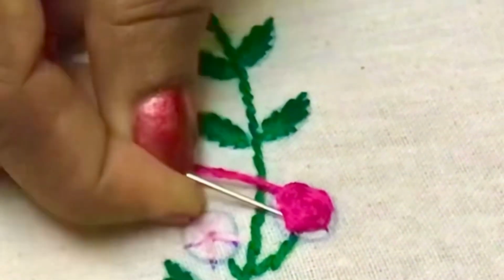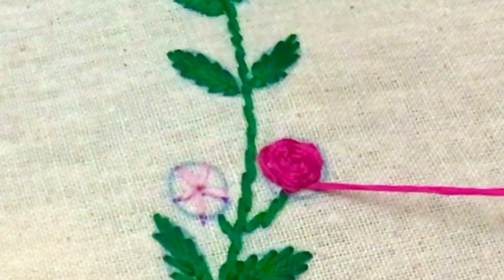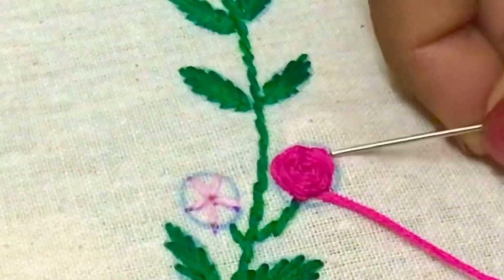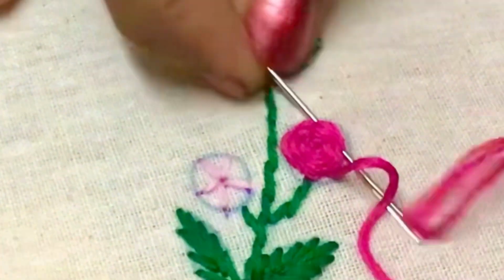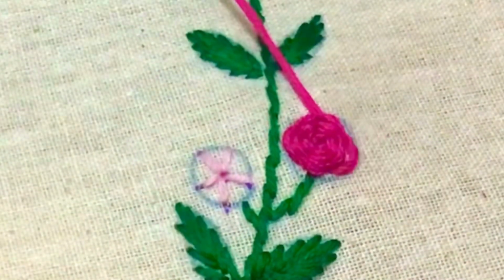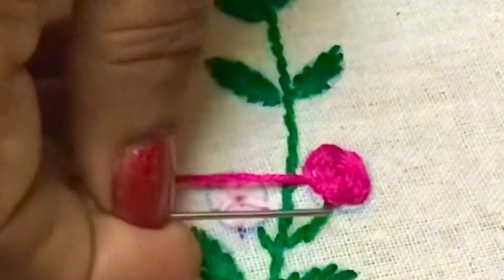You can stitch this and completely close to look like a rose flower. See here, once again I am passing it below the woven threads and taking it out like this. Now you can't see the straight stitches, but just passing below, and then